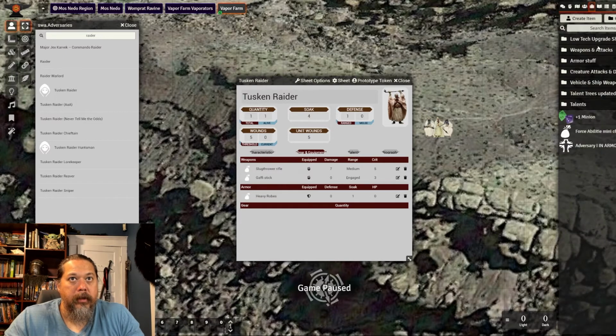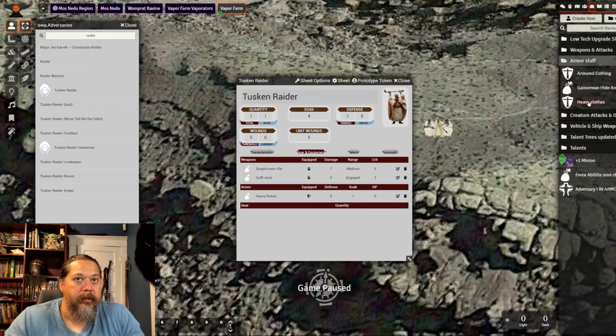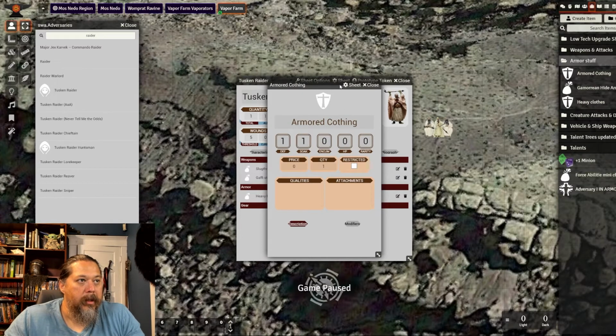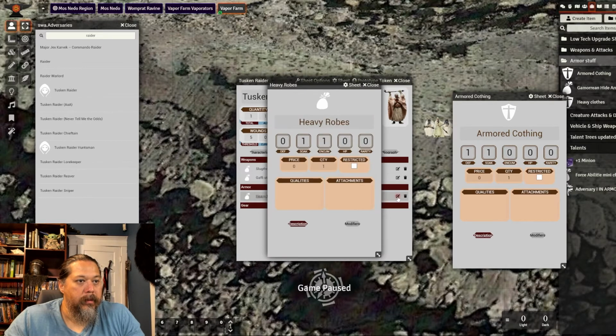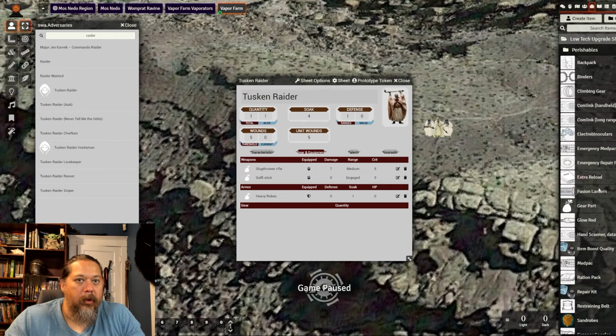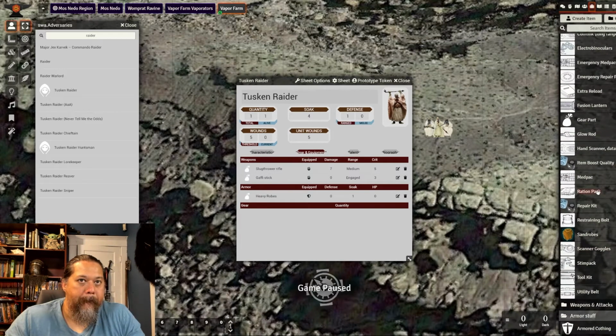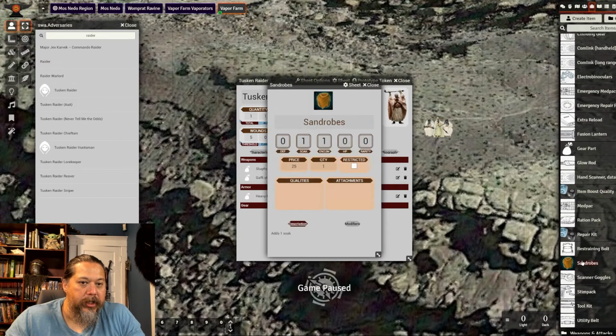Under items, under armor stuff? Yeah, right here, heavy robes. Where's my heavy robes? I don't have it in here. I mean, it should be in here. Let me see. Where is it? I don't know. But that's really weird. Under edit here, I click edit. I just did that one. Oh, maybe it's something they can buy. Okay, sorry. It's in the low tech. Yeah, I put it in here, I think. Sand robes. I think I changed the name to sand robes. Yeah. So they can buy sand robes, and